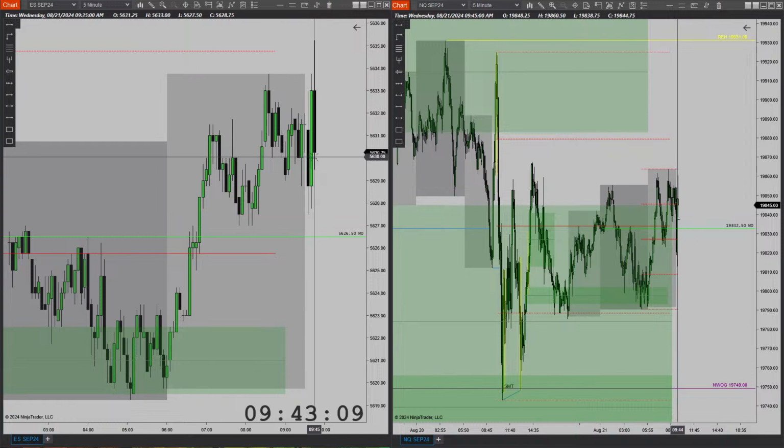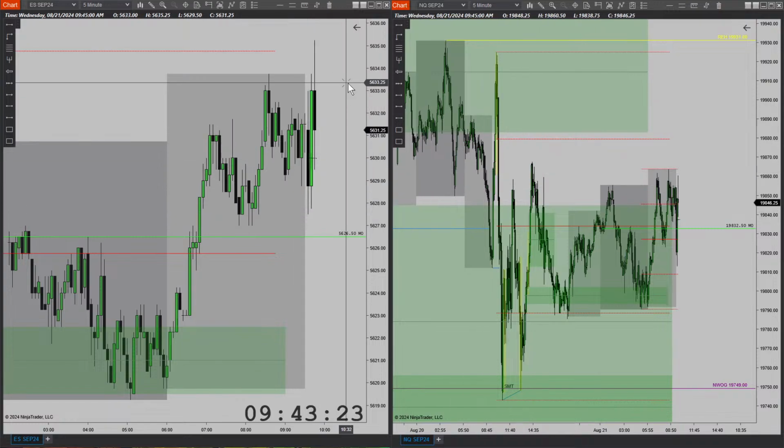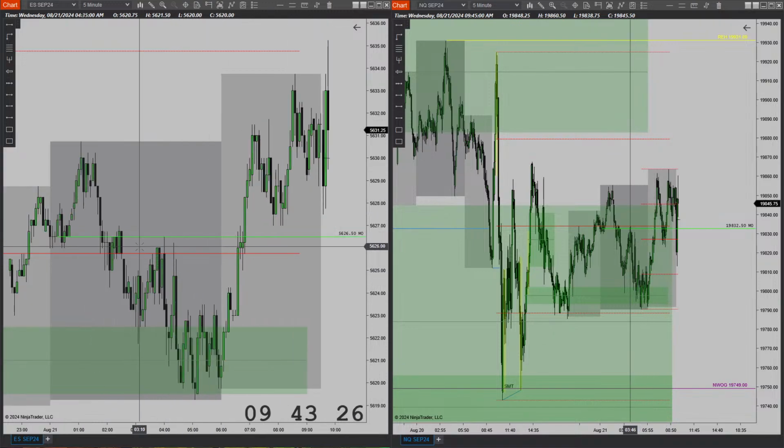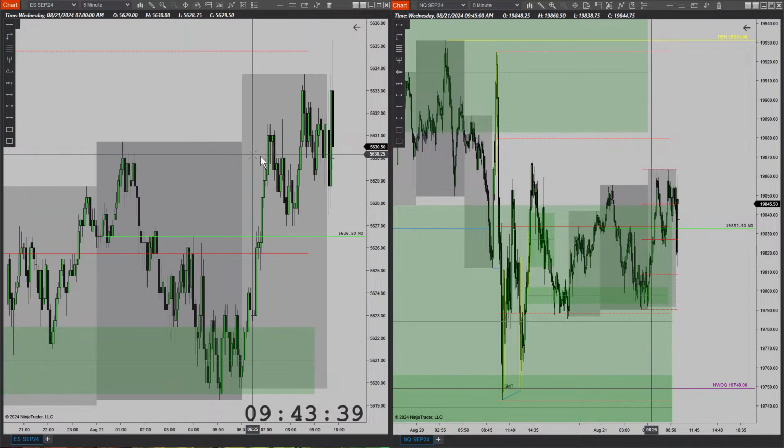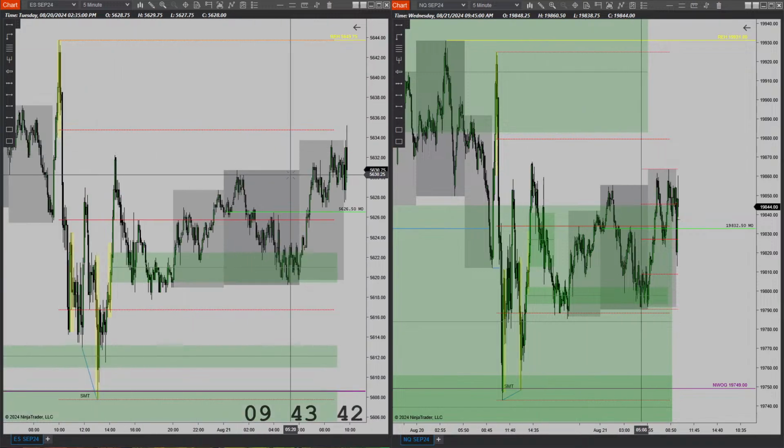You would not actually get in on a second try because price has already swept this high here. So it's totally logical to assume that price will draw another low unless it just draws higher. But again, I want to see, oh, here you go. I want to see price close like this. You see here we had an immediate up move, kind of like this one. And then right at the highs, we had some sort of consolidation. And then we started to close higher, higher, higher until it finally swept these highs here.